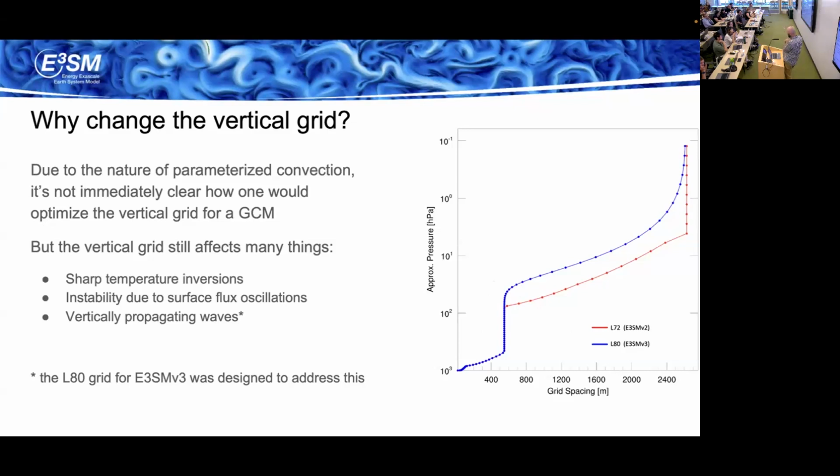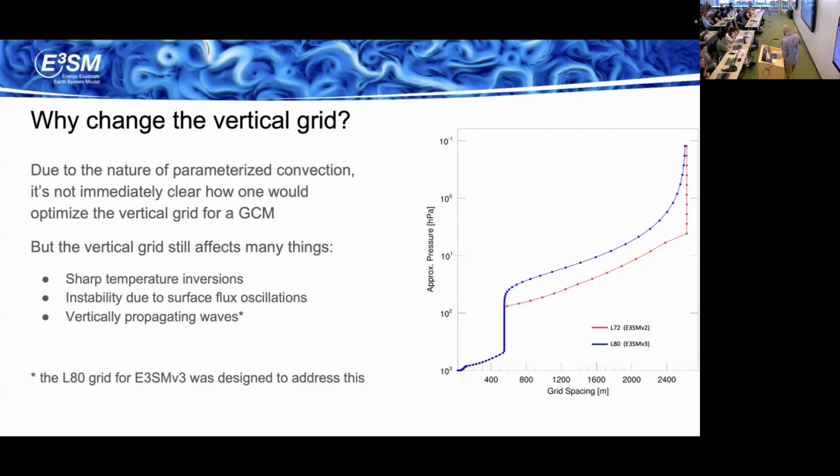And if you change anything, well, you can change a little bit there in the upper troposphere. But if you change anything in the lower troposphere or the boundary layer, the climate goes completely haywire. All your clouds look different. Your cloud feedbacks are very different. And the main reason for that is because the deep convection scheme is very, very sensitive to where the levels are placed, because when it launches the parcel, it picks an integer value of the level that it's going to launch from, rather than interpolating to some point in the boundary layer.